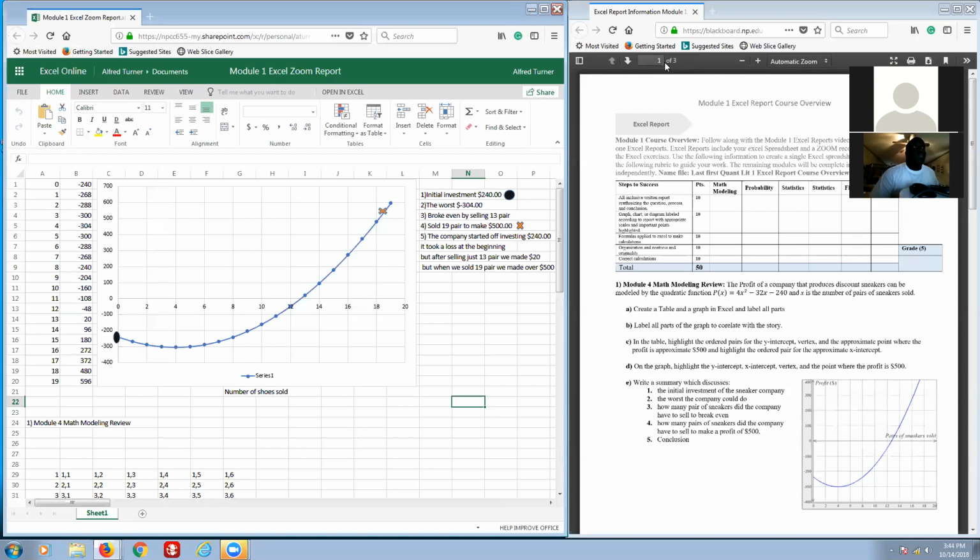And my conclusion: the company started off investing $240. It took a loss at the beginning, but after selling 13 pair, they made $20, and when they sold 19 pair, they made over $500. Moving on to number 2,